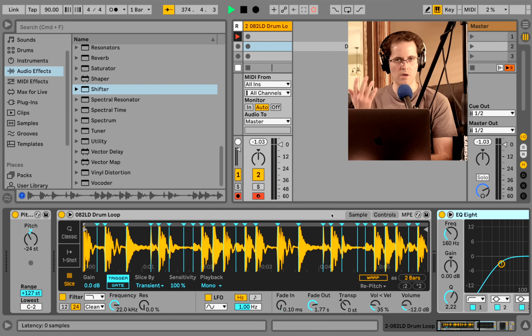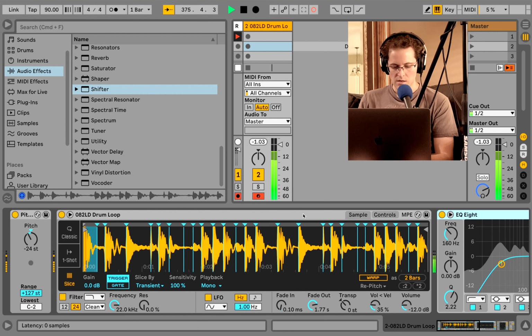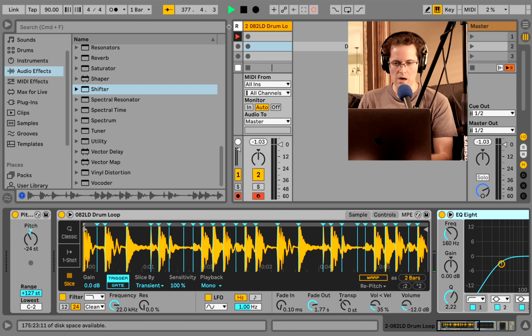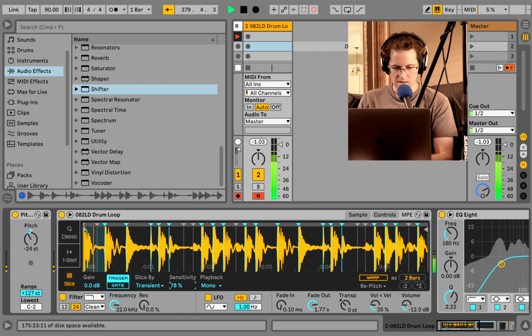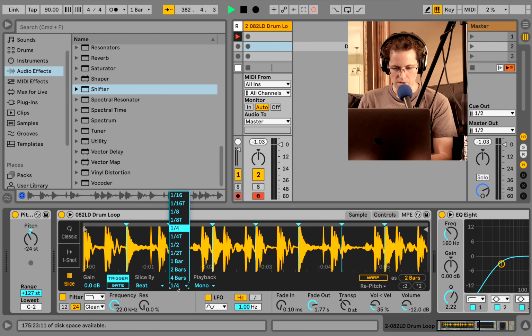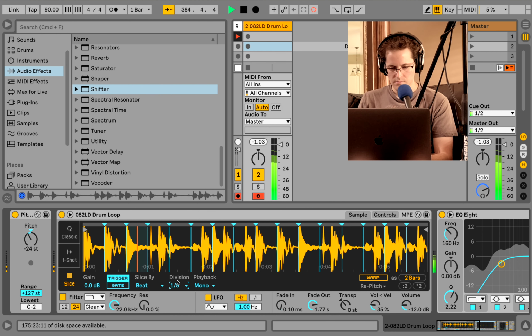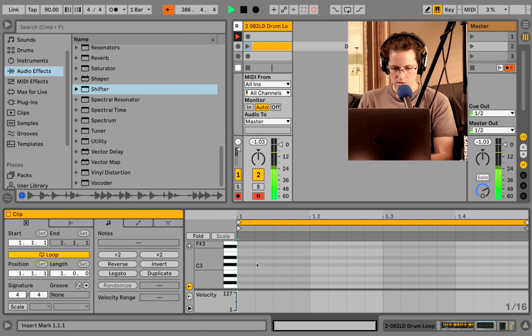But I just wanted to show you that if you wanted to play around with Shifter, now you can. This would be a good way to, say, here's a break, and now all you had to do was throw it in and click if you want to take it down. That would probably be another way you might want to use it. You might want to slice by beat, so you can play it by the eighth notes. And then you can come into here. Okay, cool. Now let's play the clip.